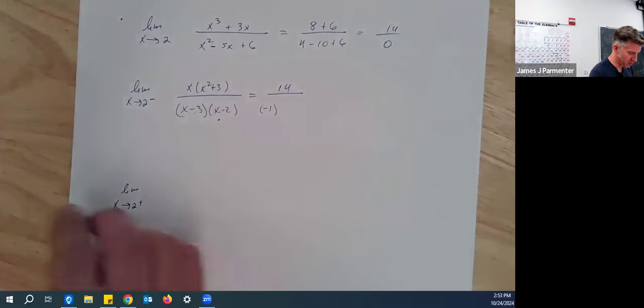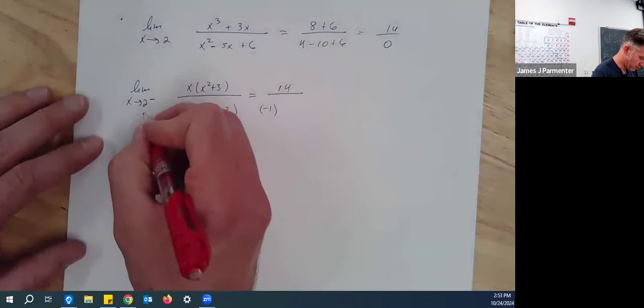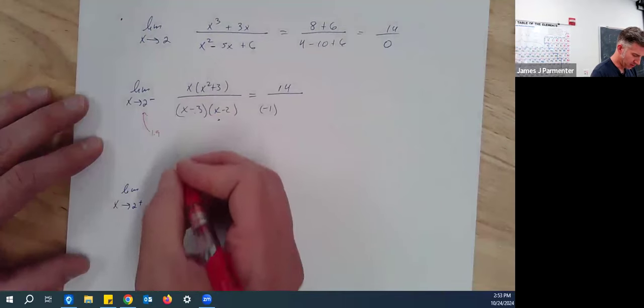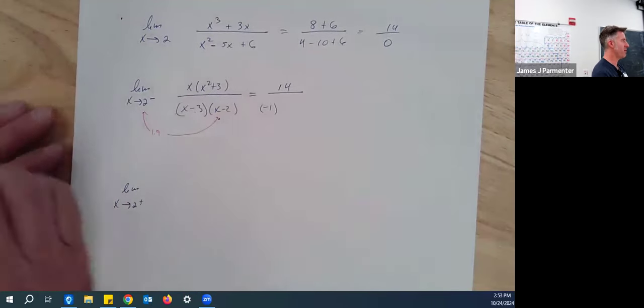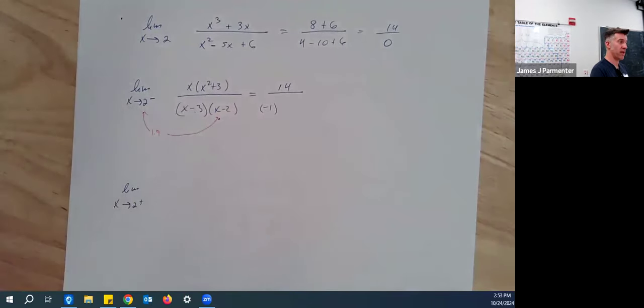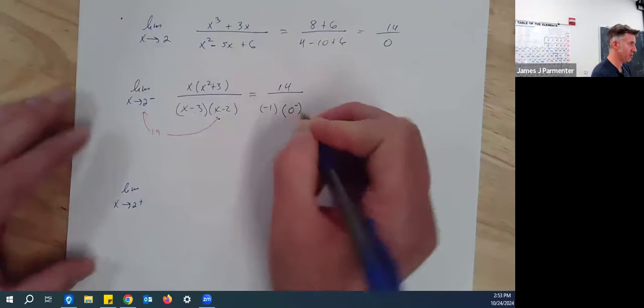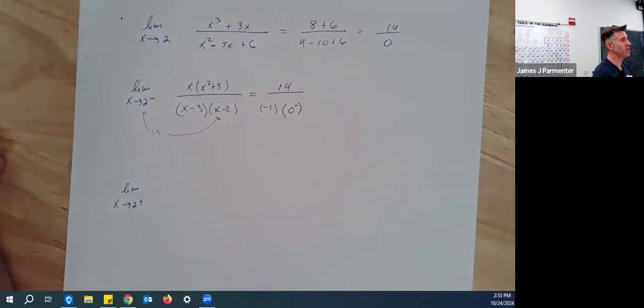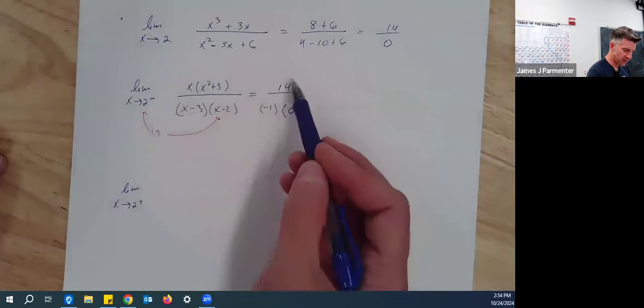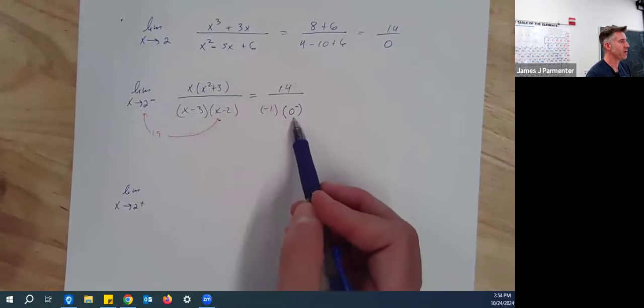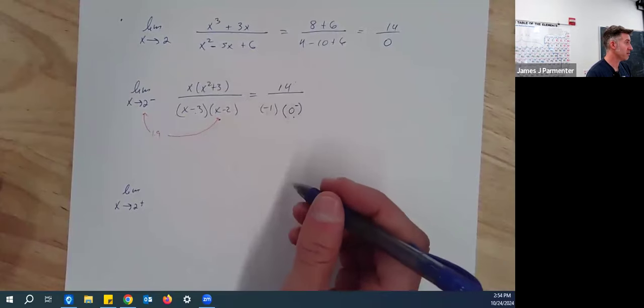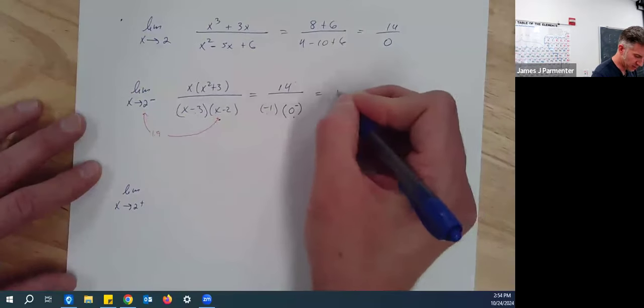Imagine something smaller than 2, like 1.9. If you plug in 1.9, is 1.9 minus 2 a little bit positive or a little bit negative? A little bit negative. I like to write 0 with a minus sign as a superscript. I'm really just trying to figure out the overall positive or negativeness of this fraction. So I have a positive divided by a negative times a negative. So overall, the sign is positive. So this is positive